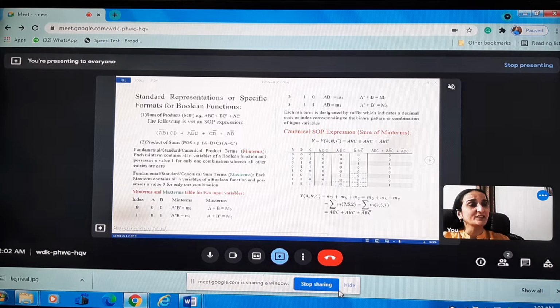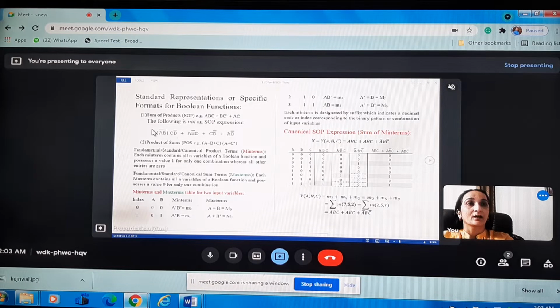Here, the AND terms or the product terms are ORed together in a single OR gate, or you can say multiple AND terms. The outputs of multiple AND terms are combined in a single OR gate to produce the final result. So we can see that here it is ABC plus BC bar plus AC. These three terms are the product terms which are all together in a single OR gate.